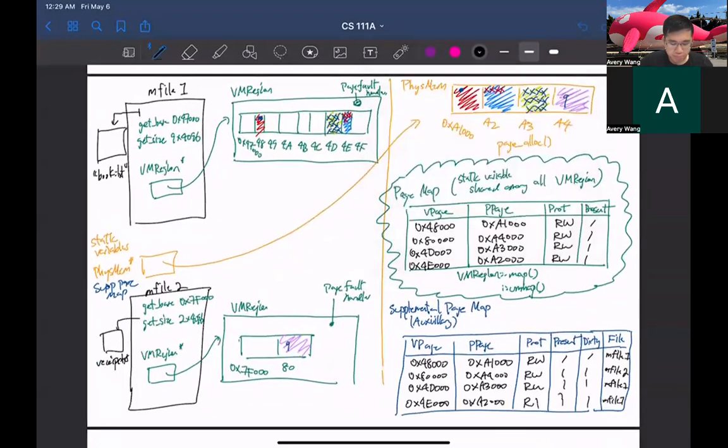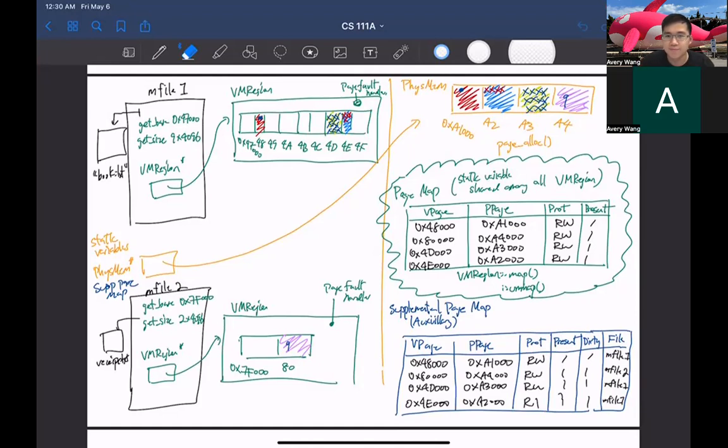Where do we get started? For now, you'll notice that I've always just allocated the protection bit to be read-write, right? And the reason we do that is so that we never have any issues when you run the test cases. The test cases will sometimes read and sometimes write, and by setting it as read-write, you'll never get page faults. Well, as long as the page is in physical memory, then you'll never get